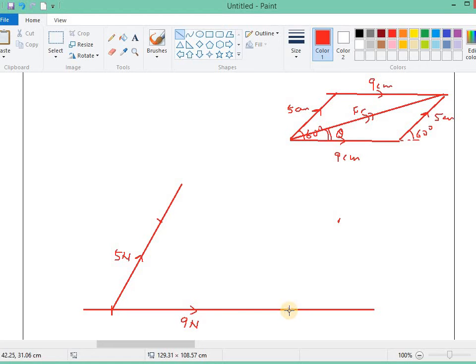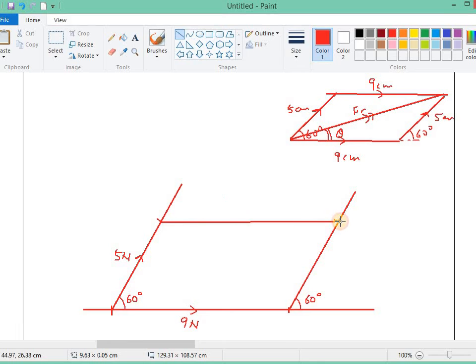Okay, I draw the line also. Okay, so this is 60 degree. Okay, this is 60 degree. Okay, this side also 60 degree. And then I measure 5 centimeter. Okay, I measure 5 centimeter and I draw a straight line,